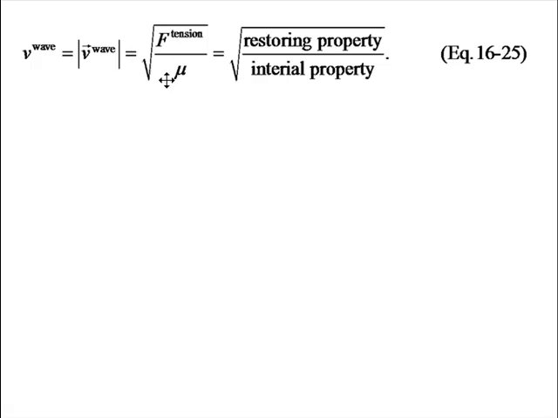And the linear mass density was the inertial quantity, something related to mass that describes how hard the object is to move. In general, this formula works very well for describing the speed of waves. So in general, we will have a restoring property and we will have an inertial property. In the case of sound waves, that restoring property